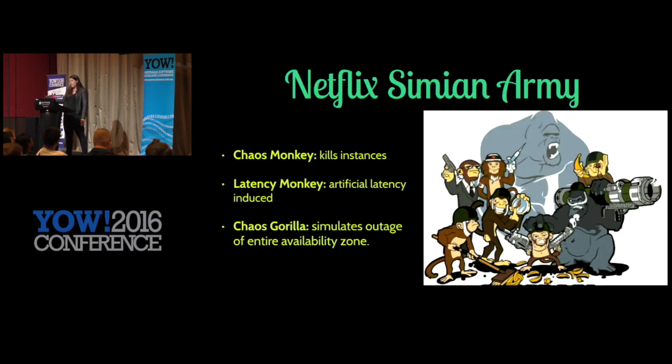So Netflix has a Simian Army. I think people are pretty used to this, but this is a kind of fault injection testing. Chaos Monkey killed an instance, injecting a fault by taking down a node. They also have Latency Monkey, which introduces artificial latency into the system, so that's injecting a fault by delaying a message or dropping a packet. And then Chaos Gorilla took down an entire availability zone. So that's how they're testing that their systems stay up.